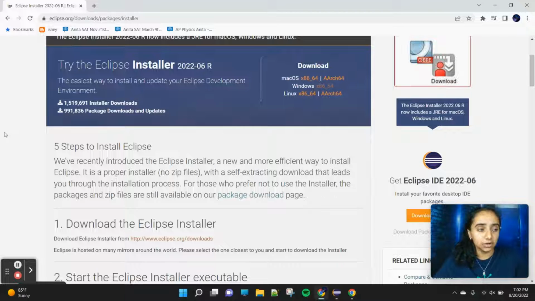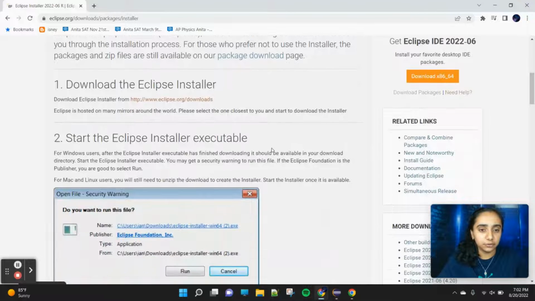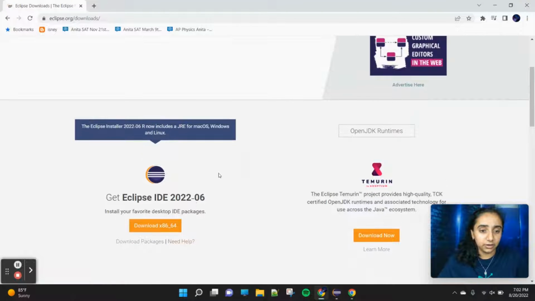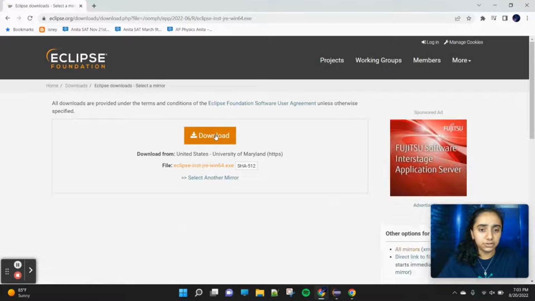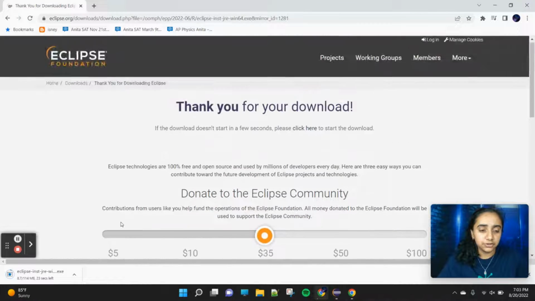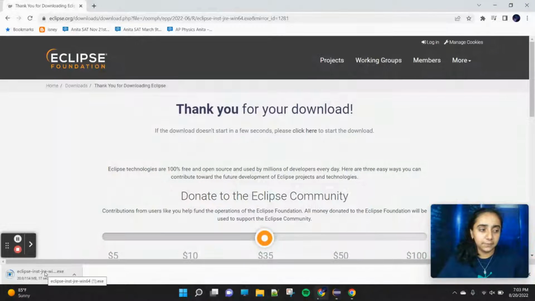so that you can access the installer. So the first thing we're going to do is select the package Eclipse IDE for Java Developers, and we're going to install that. So if we scroll down, we are going to download the Eclipse installer from here, just by clicking this link, and we're going to click on this icon right here, download this, and we're just going to hit download. So you're going to see it downloads down here,